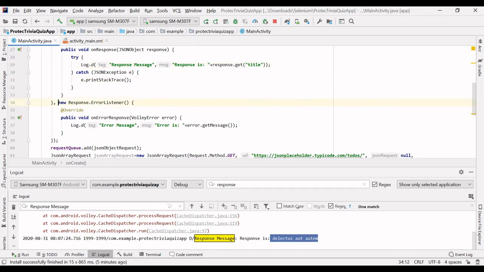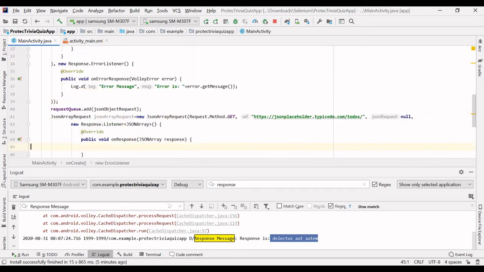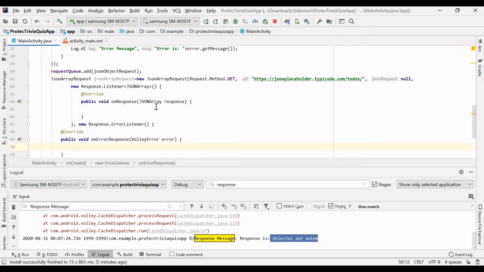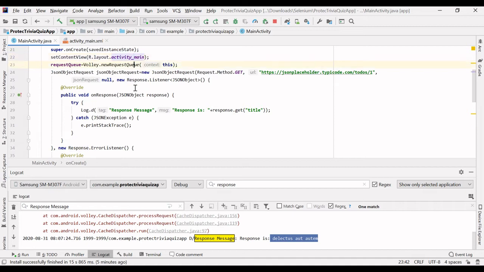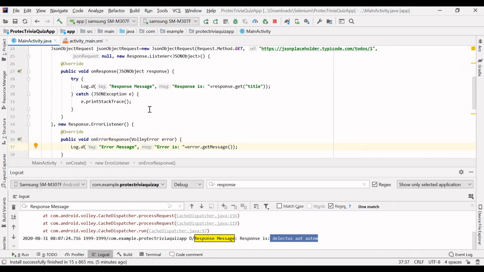So this time we want to get the JSON array. So guys, as you can see, since this is the JSON array request, we will get a JSON array response, right? And earlier in JSON object request, we were getting this JSON object type response.